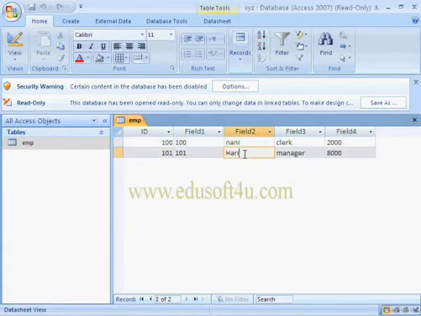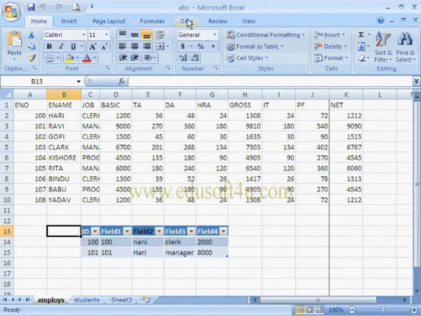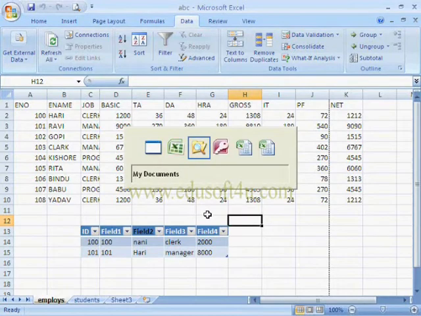Here we have given an option to update the changes if we make any modifications in Access file. That option is Refresh All. We have opened both files, so I am closing this file.